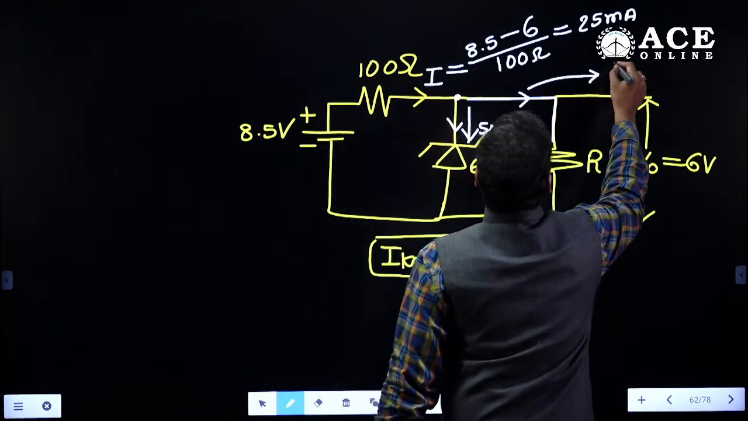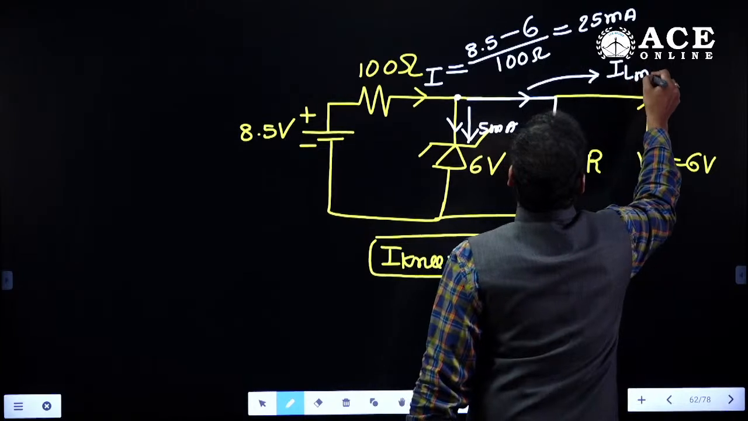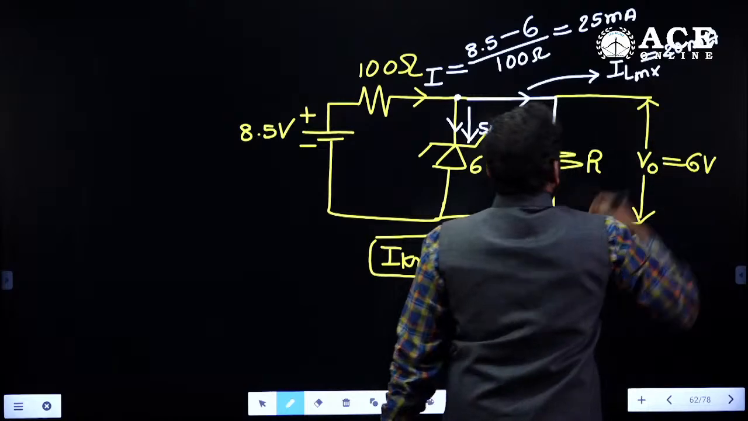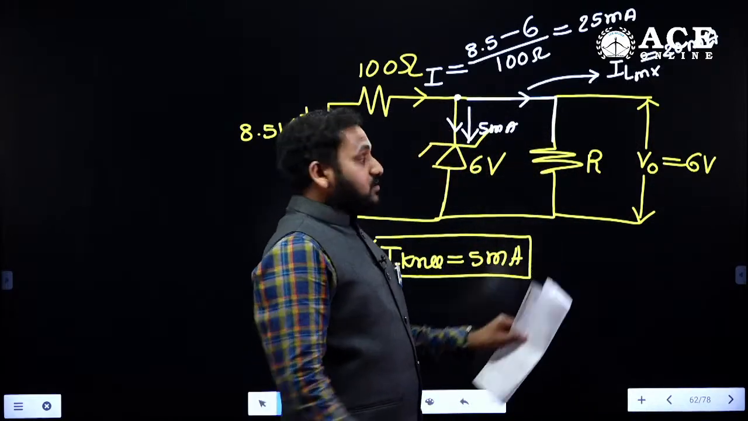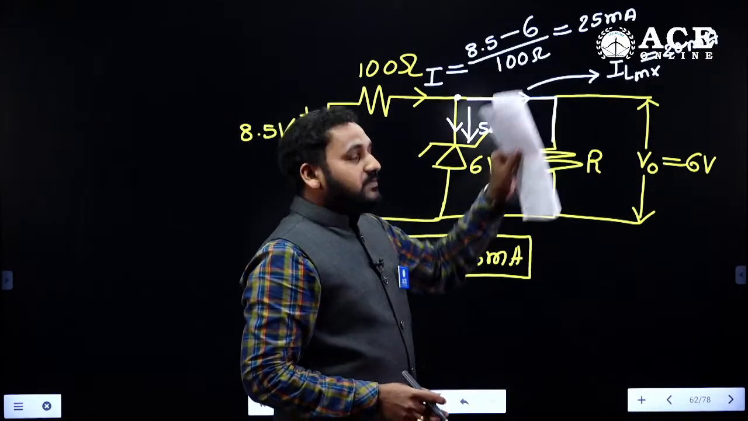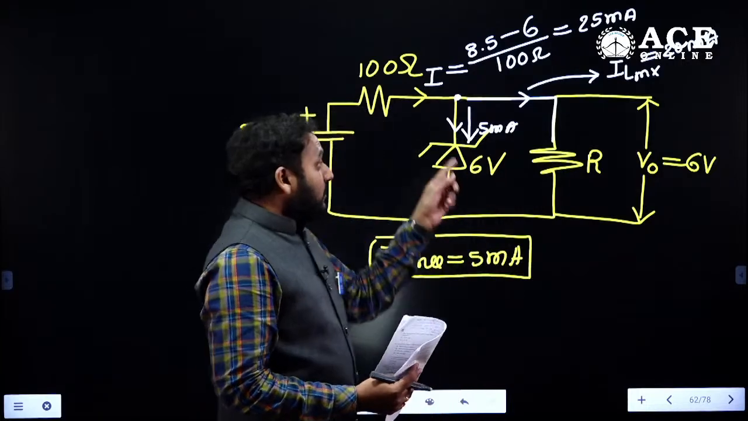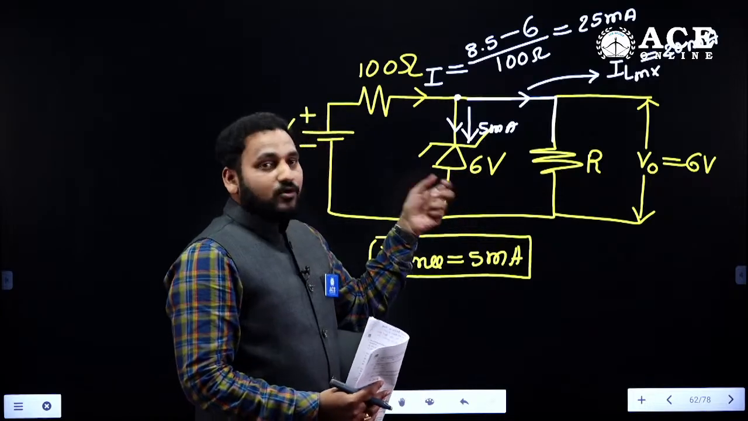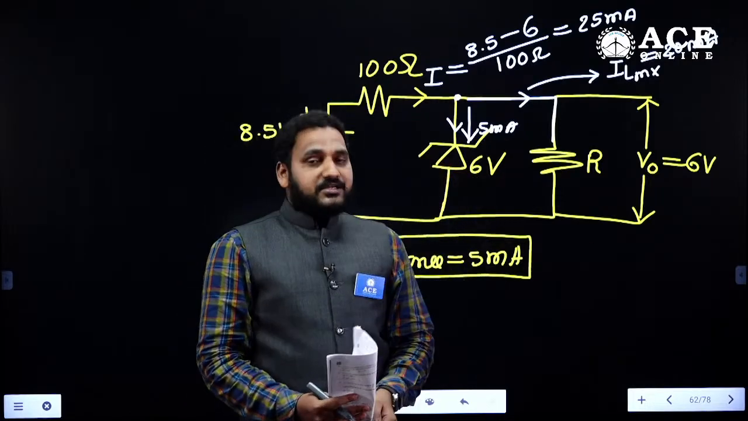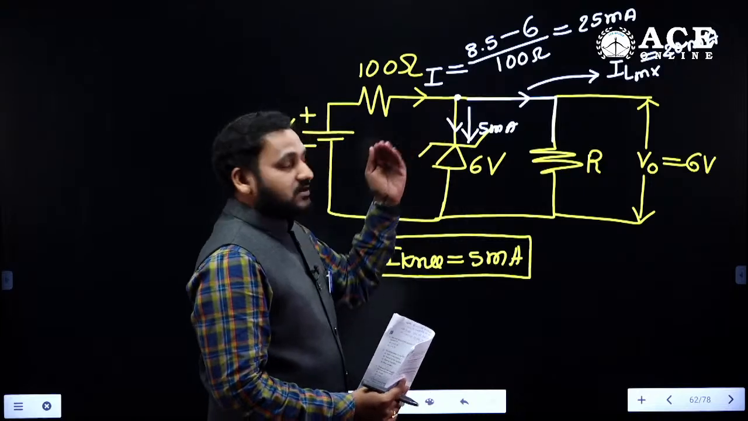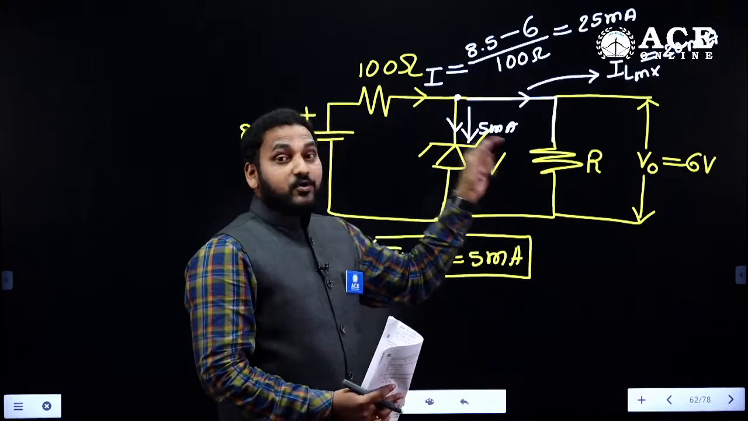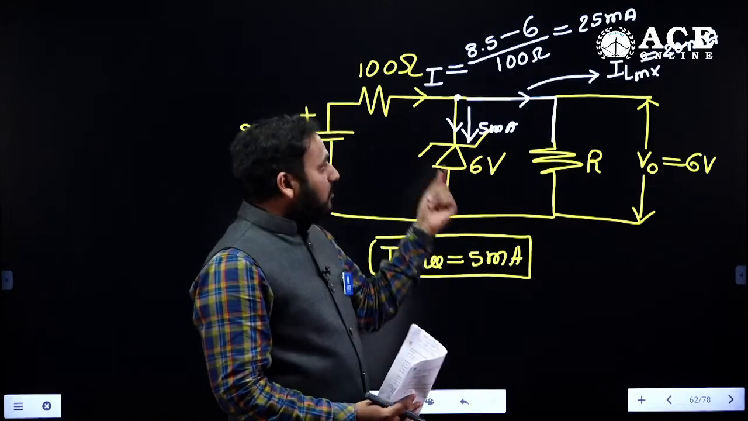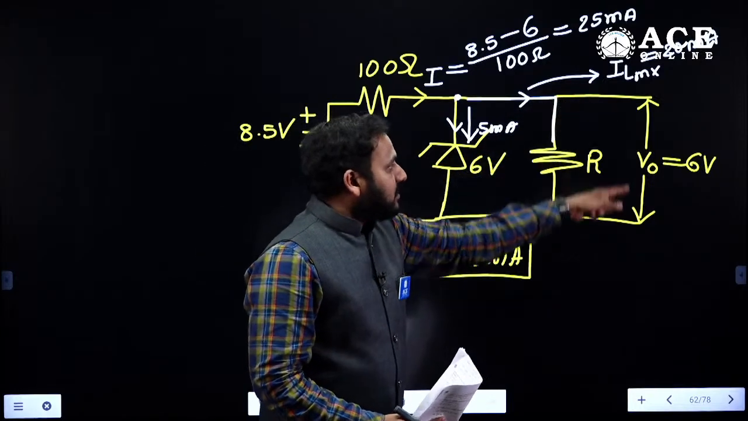This is the load current IL maximum, 20 milliamperes. If the load is trying to take more than 20 milliamperes, there will be a shortage of current for the Zener diode, then this is no longer a voltage regulator, right? That means it will just enter into cutoff, and it will act as a potential divider network. So, if I want to get 6 volts, I should allow a maximum of 20 milliamperes current through the load